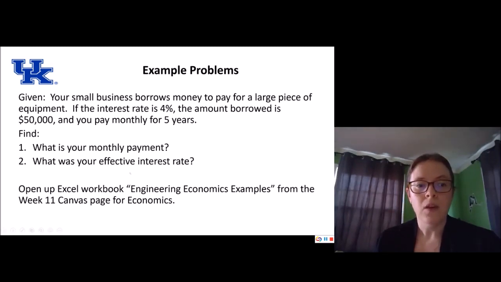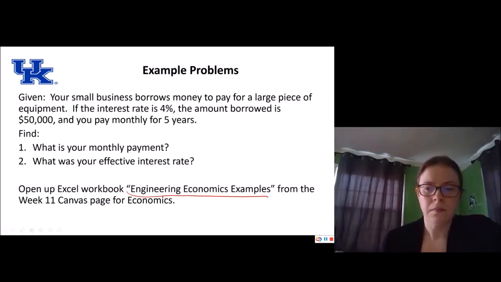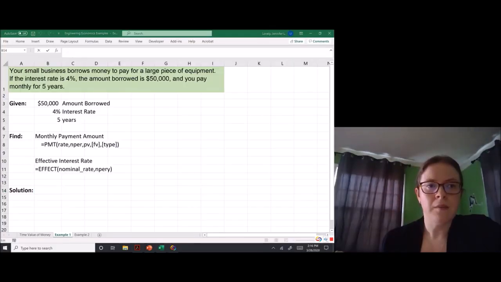So go ahead, I'm going to pause the video here. I want you to open up the Excel workbook called Engineering Economics Examples from the Week 11 Canvas page for economics, and then we're going to work through this example together. All right, so I've got my Excel spreadsheet open, and hopefully you paused the video to open up your spreadsheet